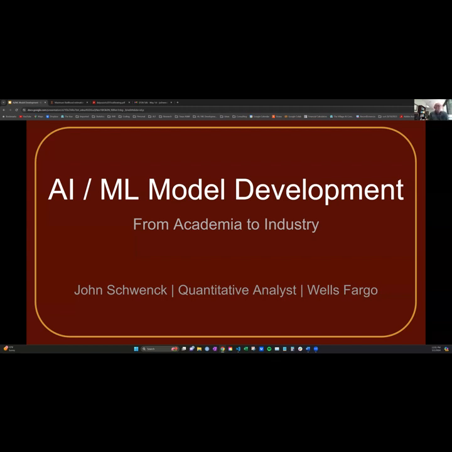He has been a quantitative analyst at Wells Fargo at their Consumer Artificial Intelligence and Machine Learning Model Development Center for the past 3 years. Being in a centralized group, he has had the opportunity to work on projects ranging from marketing, offer optimization, branch localization, local modeling, customer lifetime value, net present value forecasting, and currently an internal NLP-based sentiment analyzer.